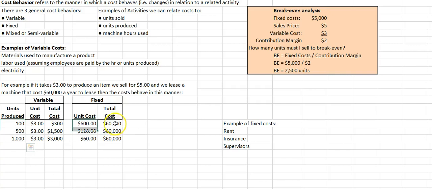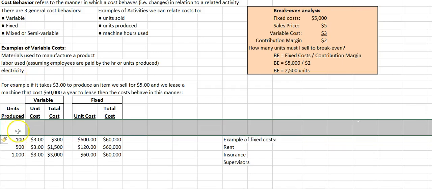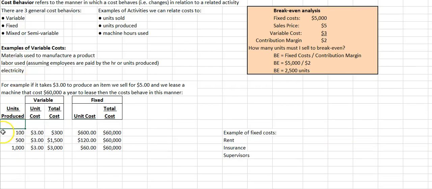As opposed to the fixed cost. The fixed cost stays flat. It doesn't matter if you produce 100 or 1,000, you're still going to have a total cost of $60,000. And it doesn't even matter if you produce 0, right? If I produce 0 units,